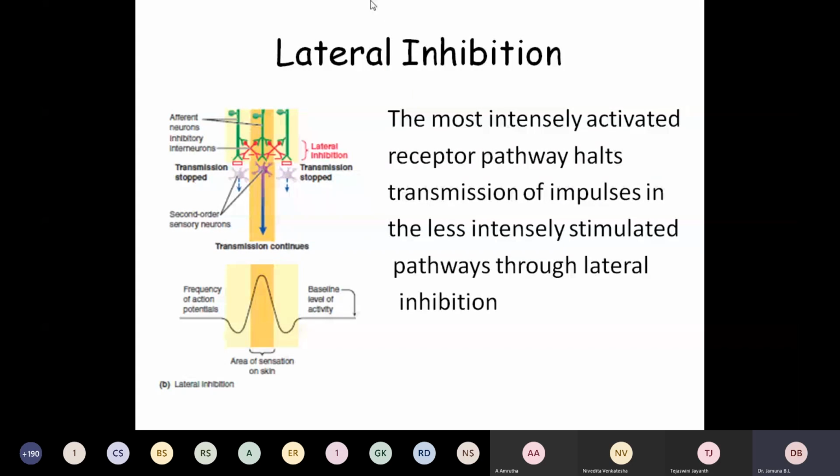The receptor which is maximally stimulated sends a collateral to the neighboring receptors. Because of this collateral, they stimulate the interneurons which are present in between the afferent neurons. So there is a lateral inhibition. They inhibit the propagation of an impulse from one neuron, the afferent neuron, to the next neuron. Okay, so the surrounding receptors which got stimulated to a lesser degree get inhibited, but